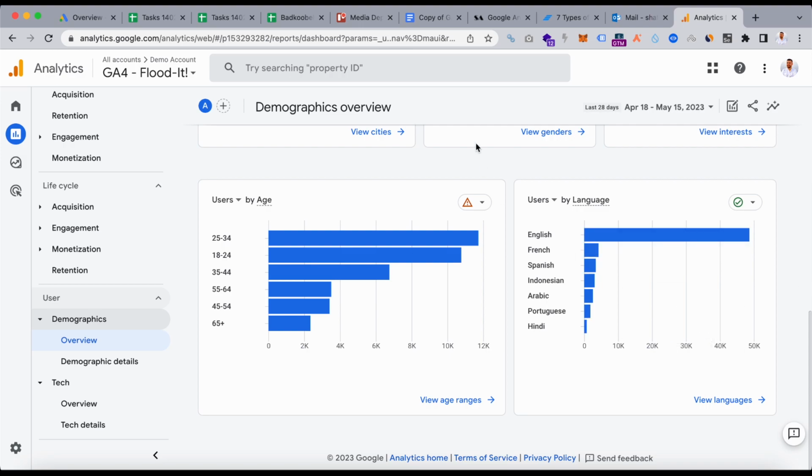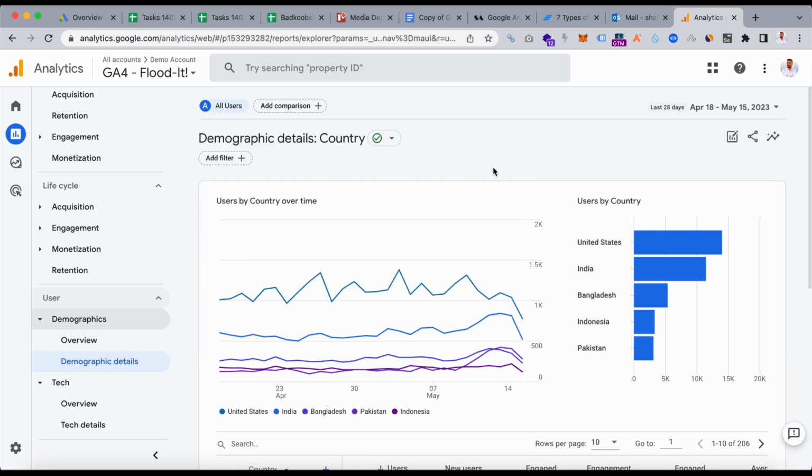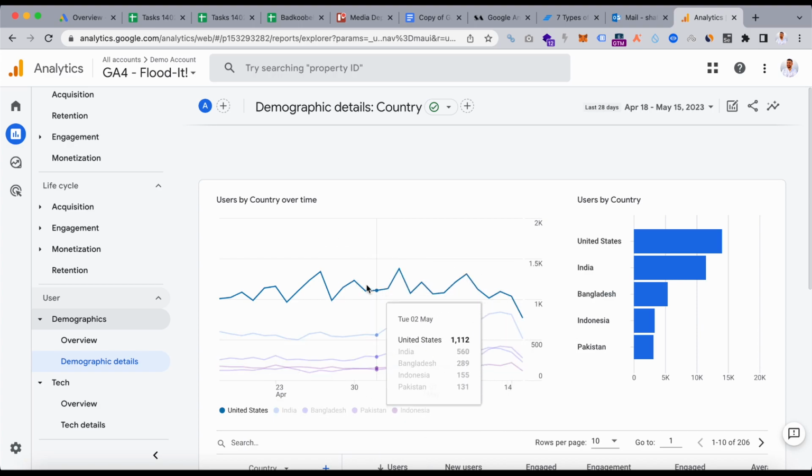Going on, we have users by age, and you can see the comparison, and you have the users by language. So if we go to demographic details, you have the chart, and you have the line chart, which is users